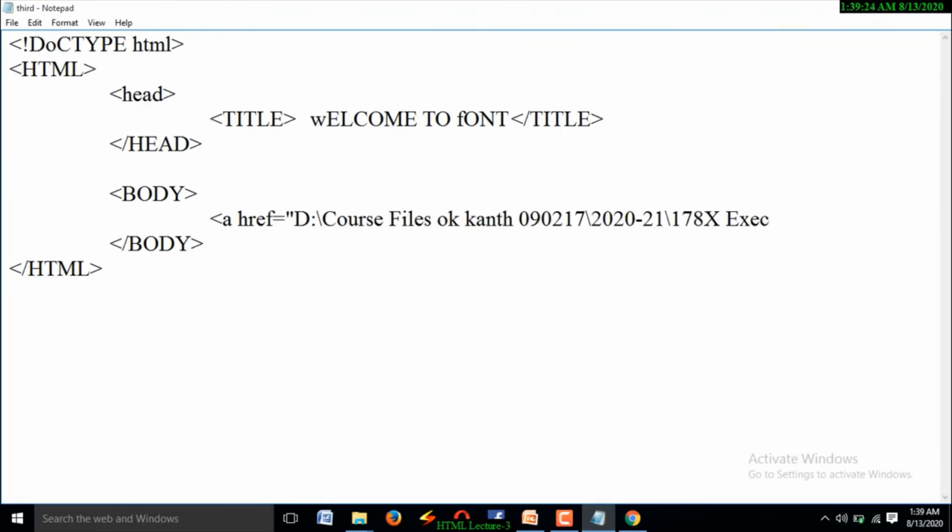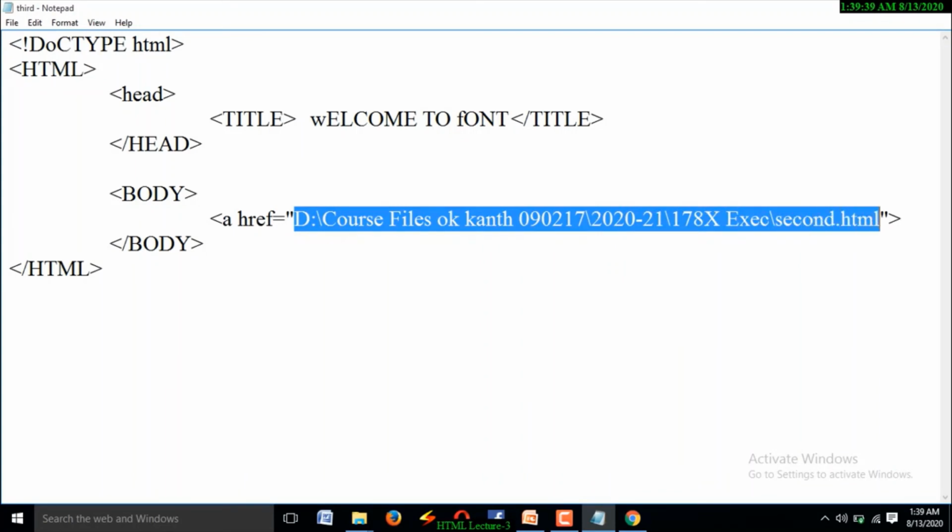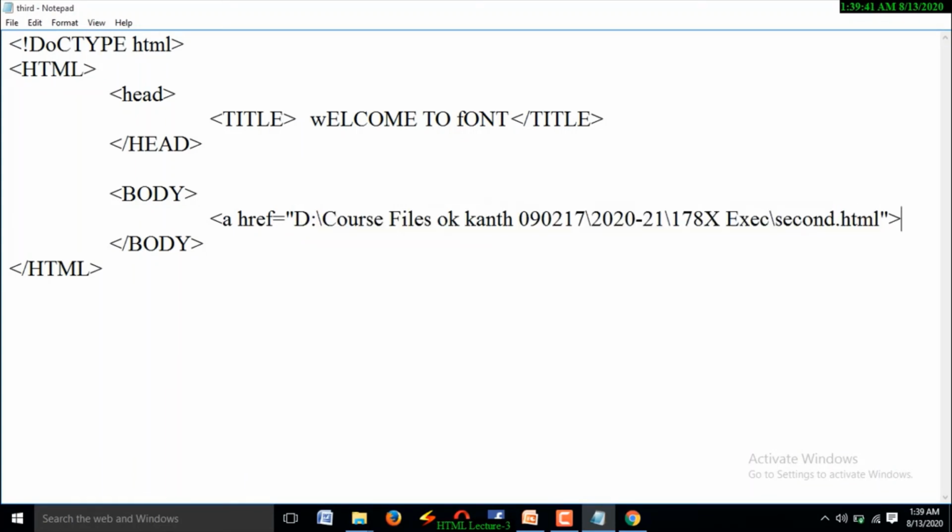See, copy the path here, and what is the file name? Second, dot, file extension is what? What kind of file is it? It is an HTML file, and this is the complete path of the second.html file, and we need to set a name for this. Suppose second is the name. This is just content.